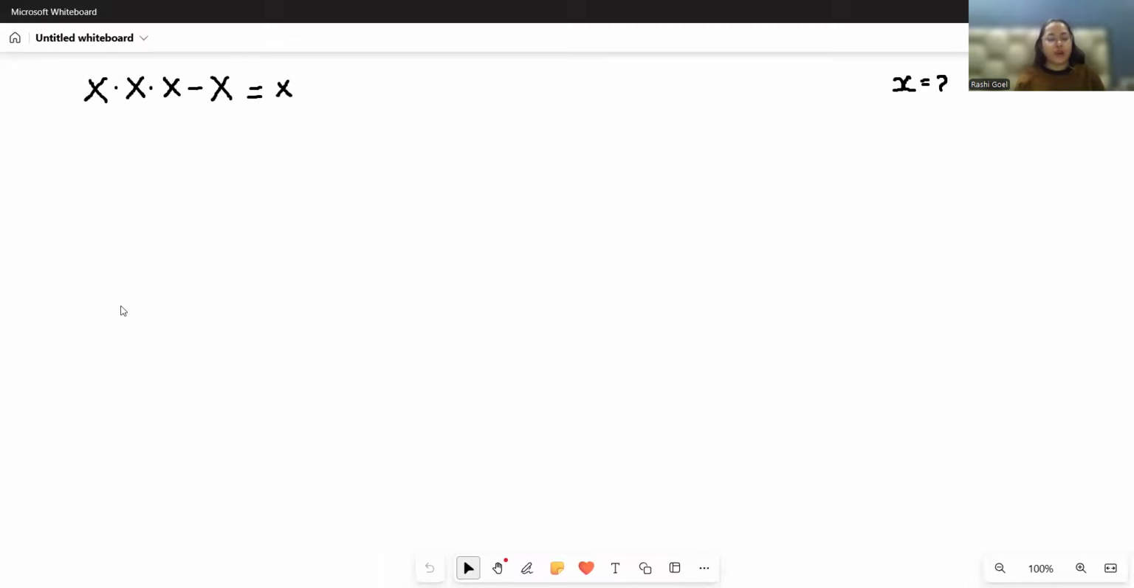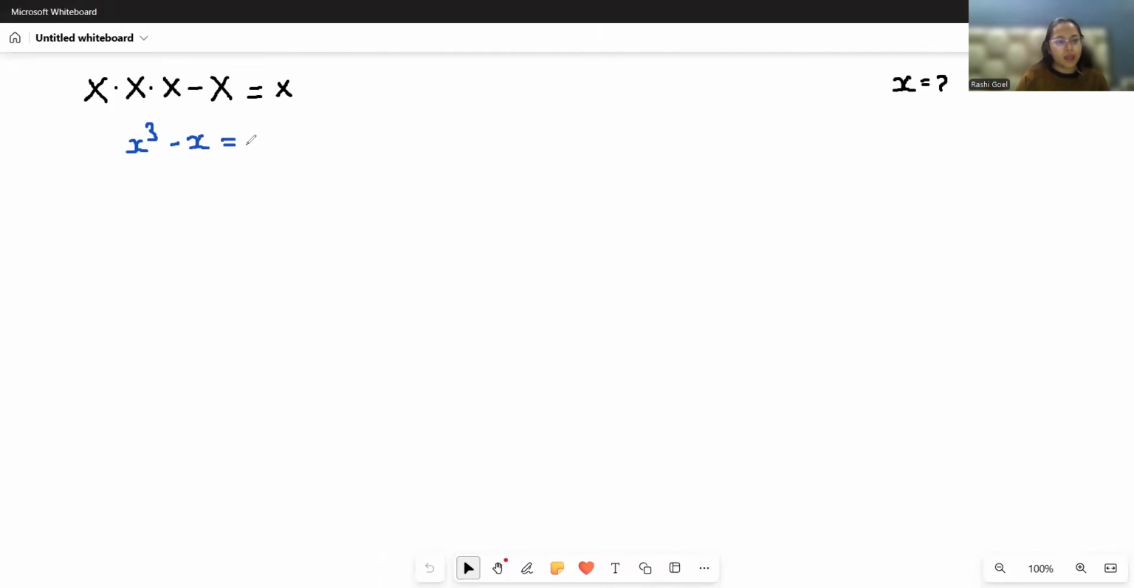Today we are going to solve a deceptively simple equation: x.x.x minus x equals x. Here the dot means multiplication, so this becomes a clean algebra problem. So let's break it down step by step. Here x.x.x we can write as x cube,